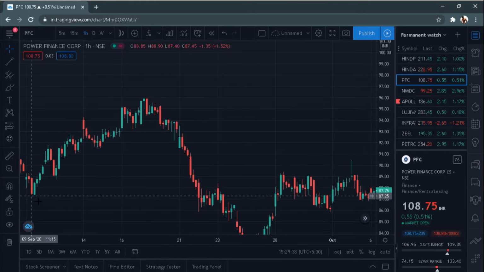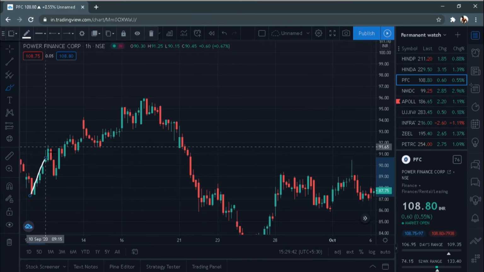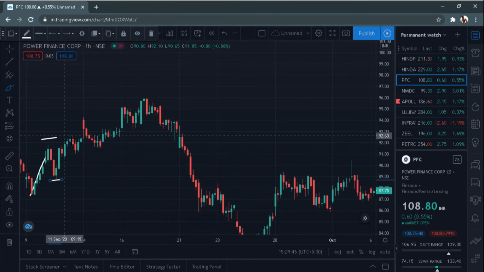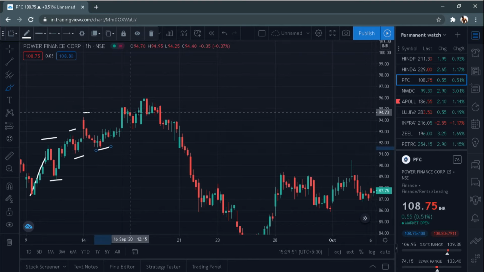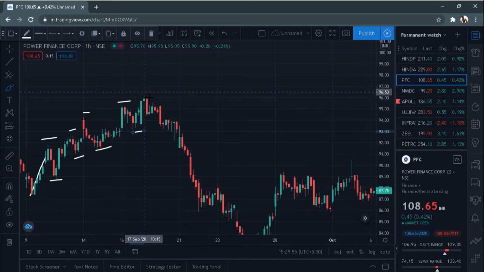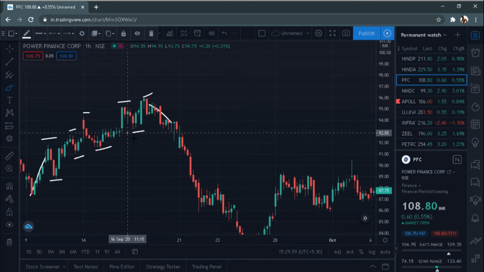So you can see over here the uptrend is beginning over here. The price goes up, forms a higher high here, forms a higher low over here, then goes up, forms a higher high, higher low here, higher high again, higher low here, higher high again, and then higher low here, and then it forms a higher high here, but the price goes down, takes out the previous